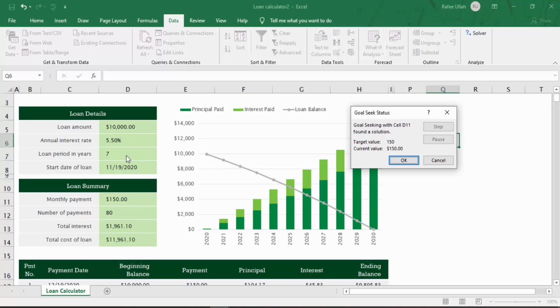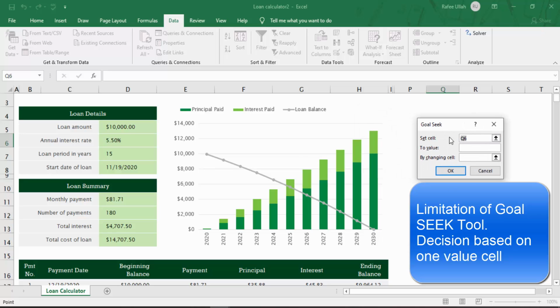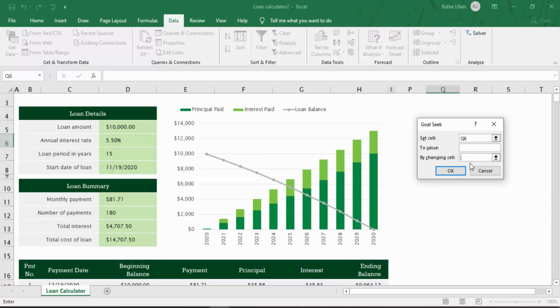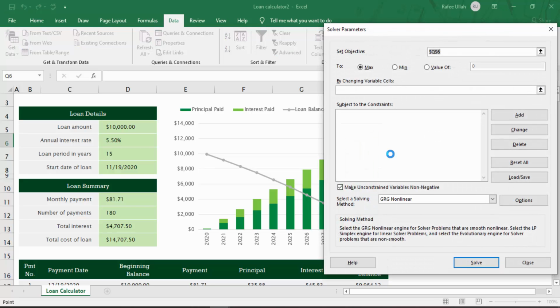There can be multiple options, there can be multiple usages of this goal seek, but there is just one restriction which I would like to highlight. That restriction is that you can select one cell for change and you can select one cell which will be automatically changed. There are other tools like solver which I will explore in my next video, in which we can select multiple conditions based on inputs and outputs and we can write results based on different solving methods. Now that is a